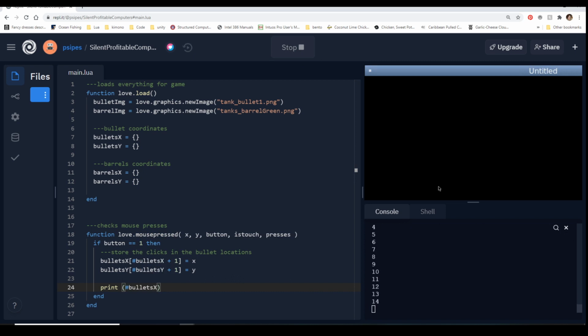Okay, so it is getting the length. It's just deciding that it hates me. Oh. Is that what I did?